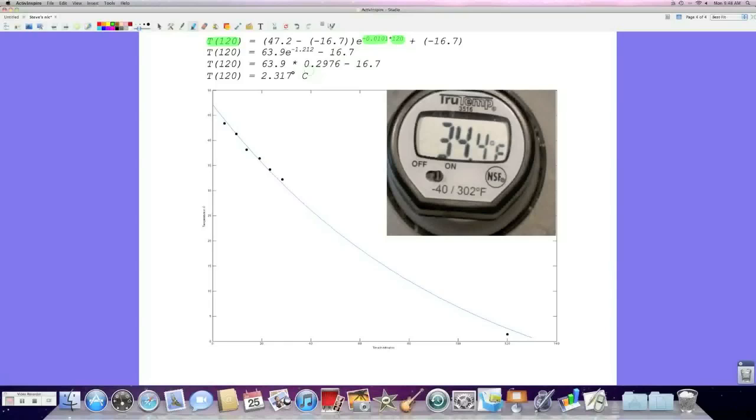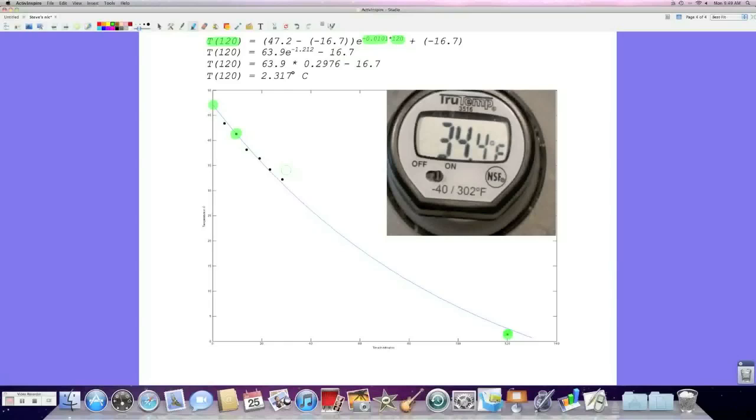2.317 degrees Celsius. However, I went ahead and graphed this equation in MATLAB, and then I plotted my points as well, showing approximately how my results came up against the theoretical results. Now, I did come up with 1.33 repeating degrees after 120 minutes. Now, the initial temperature and the temperature after 10 minutes were used to calculate